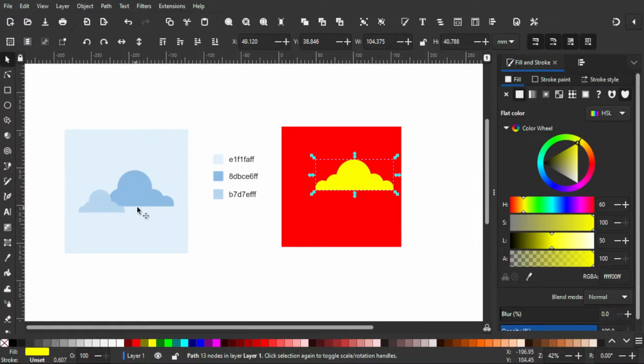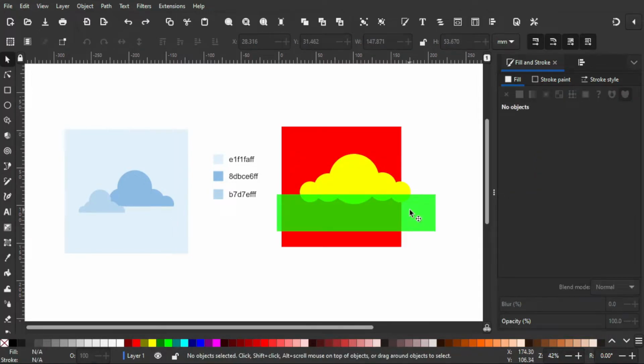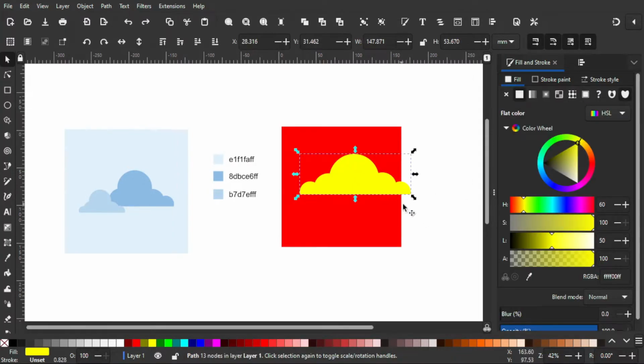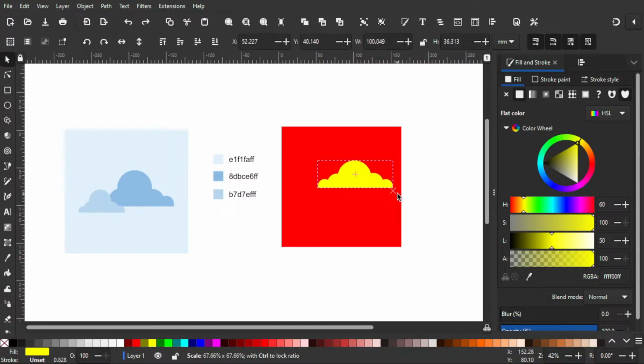And I want to make it the same right here, so I'm just gonna go back to where it was. Too far. Okay, so I'm gonna scale it down a little bit, and I think that's a good amount. And I'm gonna make it higher, make it taller, and then I'm gonna duplicate that again and then color it green